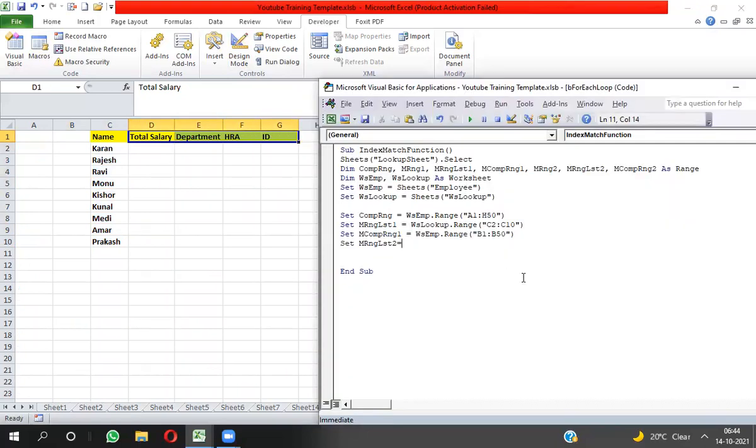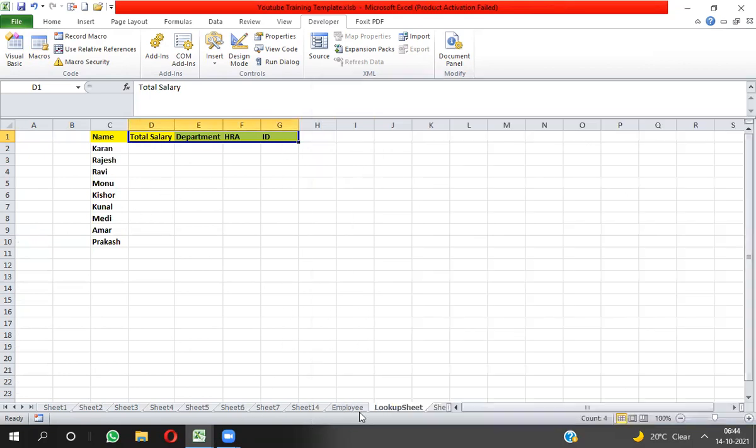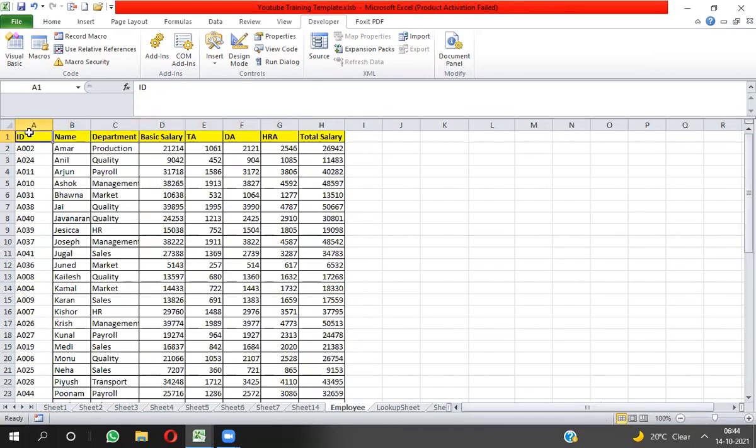So here I will take the sheet reference ws lookup dot Range, and here D1 to G1. And where will I get this position? I will get this position in the header.